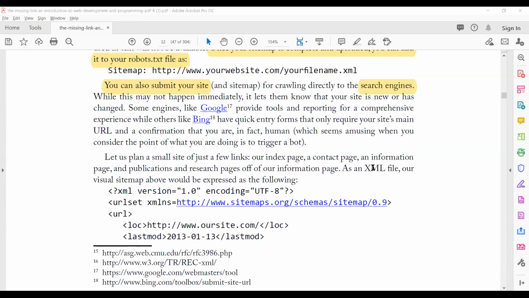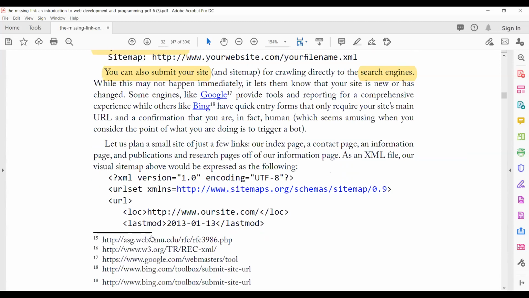And here is what an XML file looks like. It's pretty important that you know just the basics of XML files, knowing that we're taking a web development class. So remember, actually, let me go ahead and